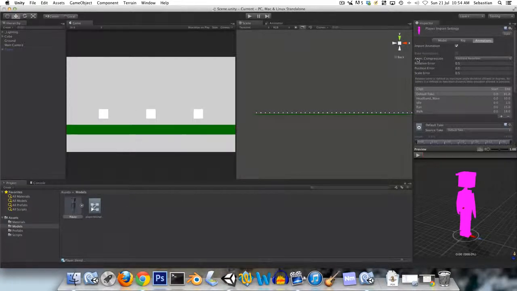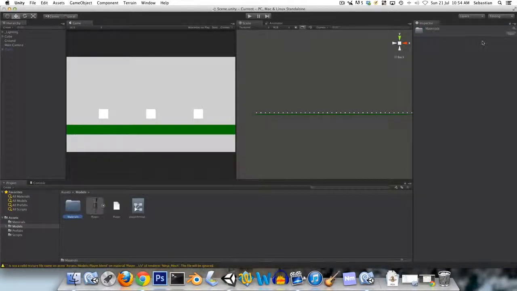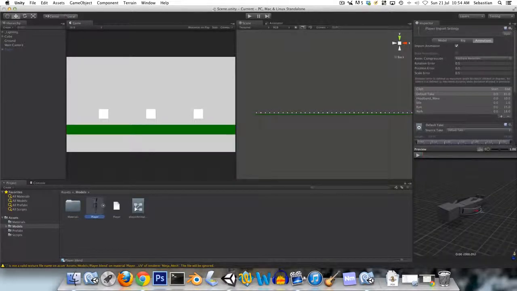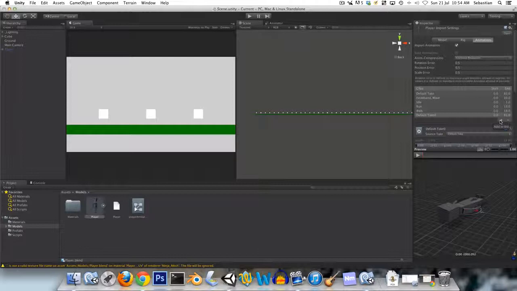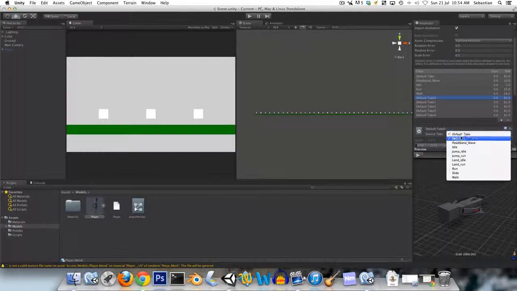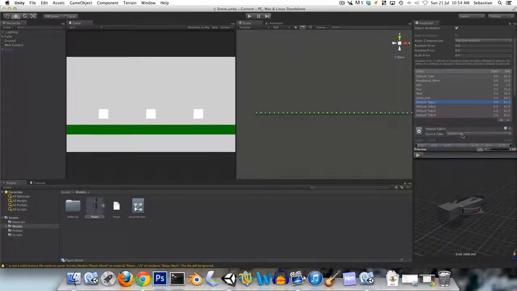So once you've imported or created those animations, save your file, and just wait for Blender to import them. And now we just need to go onto our player and into the animations tab, and we need to set up these new animations. So we'll just add 6 new animations and go into the source and just add these one by one. We have the jump idle, land idle,